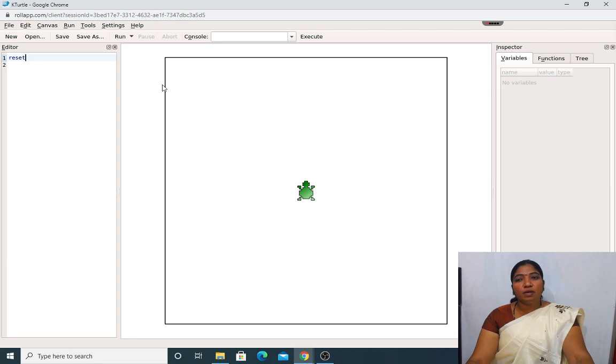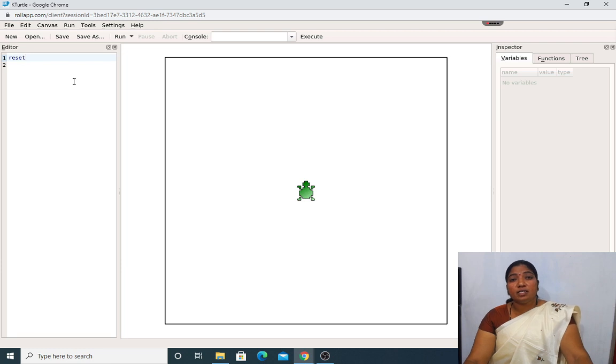After that, we have seen how to create a KTurtle editor with the help of the username and the password. After that, you will have certain menu bars and toolbars. You will have certain panels like the inspector pane and the editor pane. In between these two, you will have the canvas editor. Always remember, the editor pane will be located at the left side of the KTurtle editor, and the inspector pane will always be on the right side.